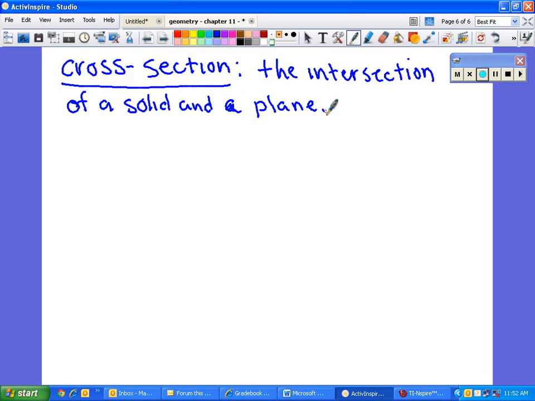Basically, to get a cross-section, you can think of it as a very thin slice of the solid. The intersection of a solid and a plane. In other words,